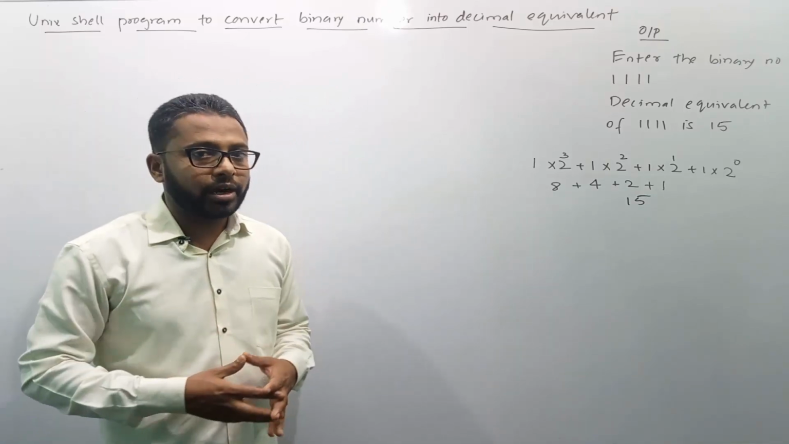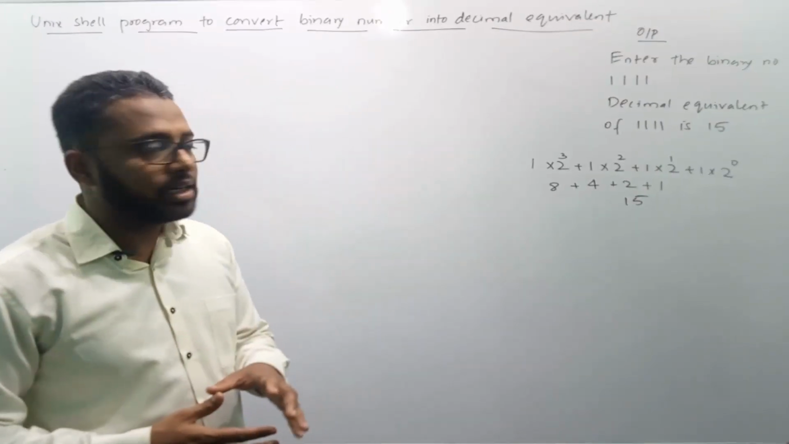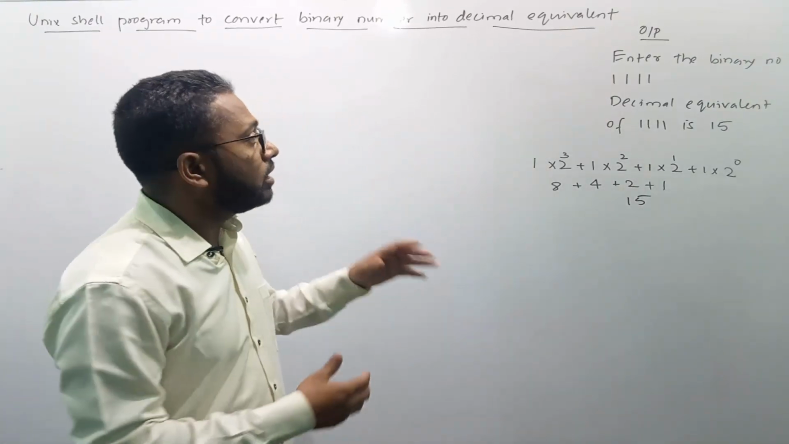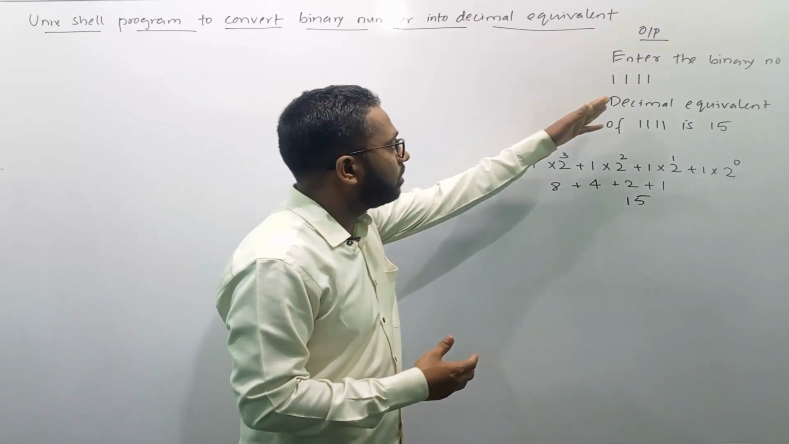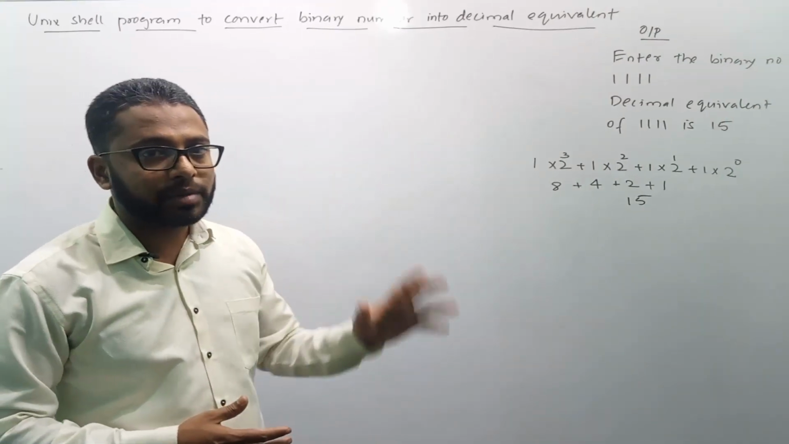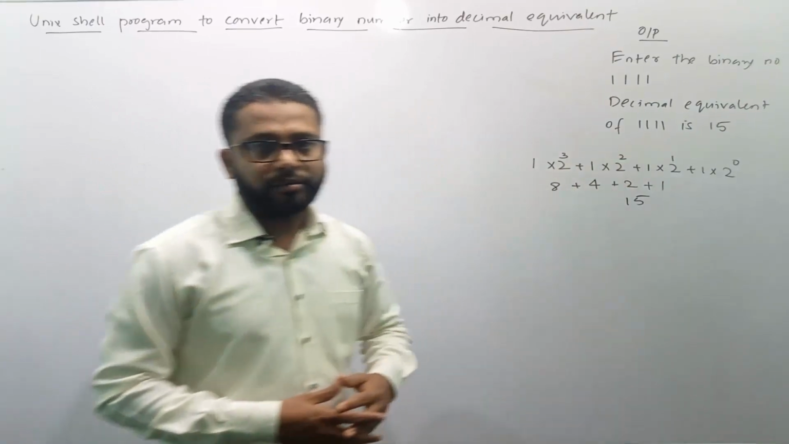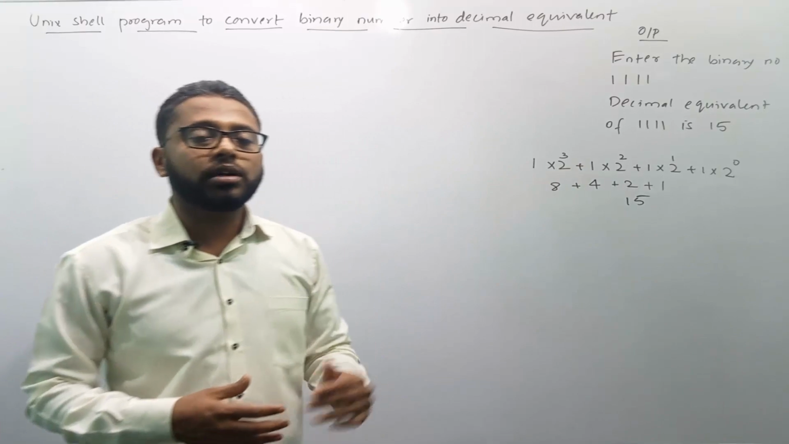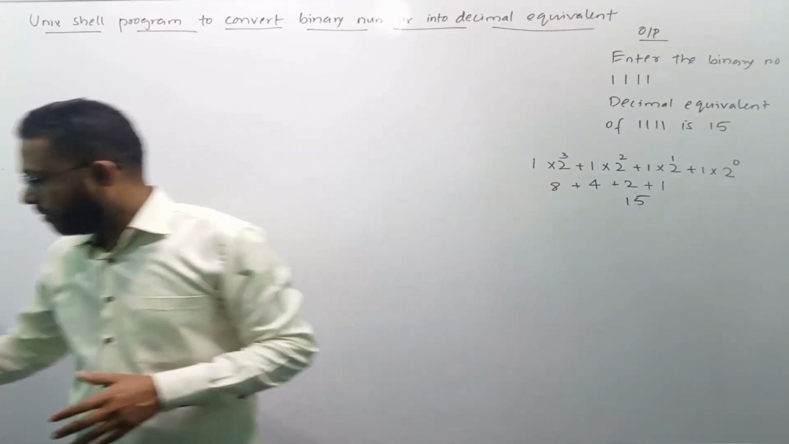Now let us start this program. When this program gets executed, it will ask the user to enter a binary number. Let us suppose the user has entered the number 1111, and then your program needs to return the decimal equivalent of this binary number, which is 15. Here I have written down the method of how we can convert a binary number into its decimal